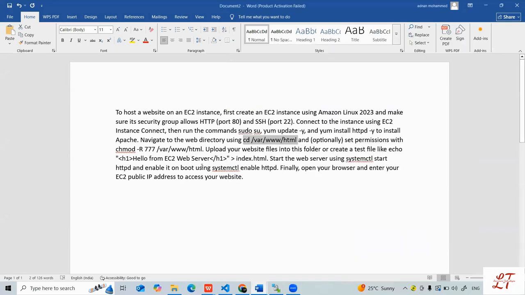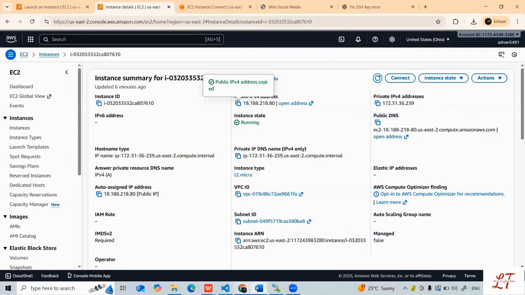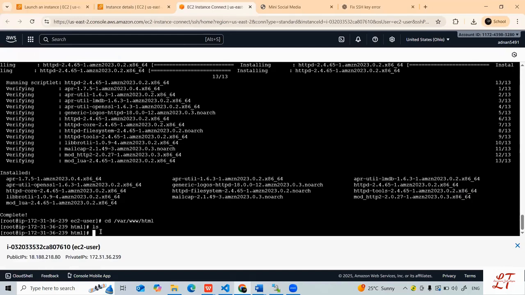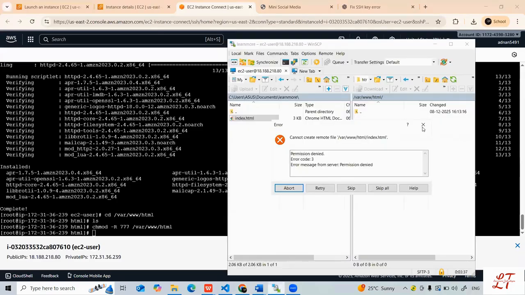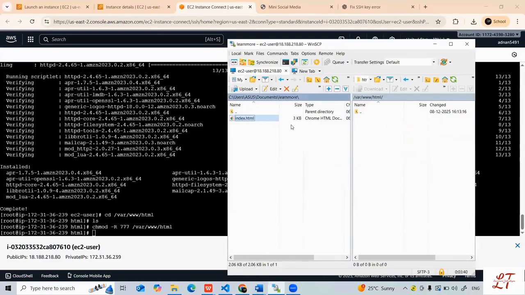And this is the command that we need to write here. We need to give some permission here.